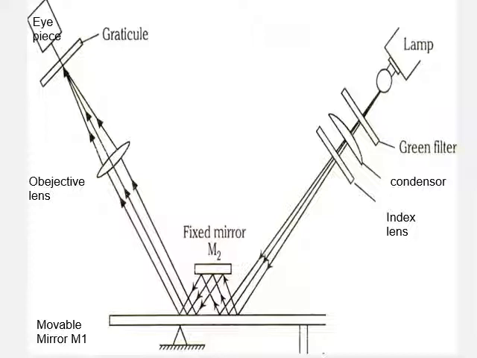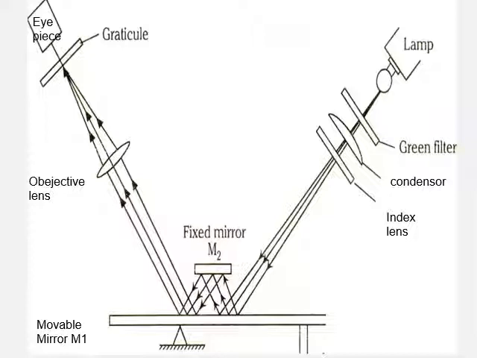During the measurement, the plunger gives an upward or downward movement, which is going to cause the tilting angle of this movable mirror. That is, the movement of this plunger will cause the tilting of the movable mirror M1. When the movable mirror M1 is tilted by an angle theta, the reflection is going to occur at an angle of 2 theta on the mirror M2, and it is reflected back at the same angle.